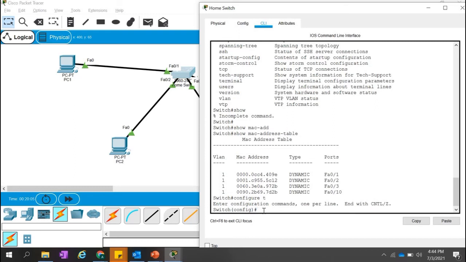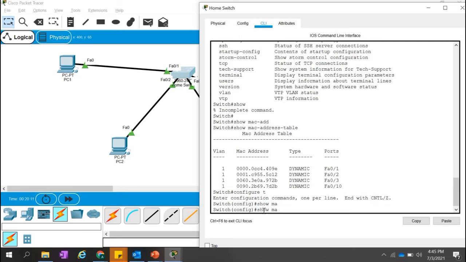Once you are in the configuration mode, your show command will not run. So if you want to do show MAC address, then you cannot see it. If you still want to see the MAC address table, you have to use the keyword do: do show MAC address table.